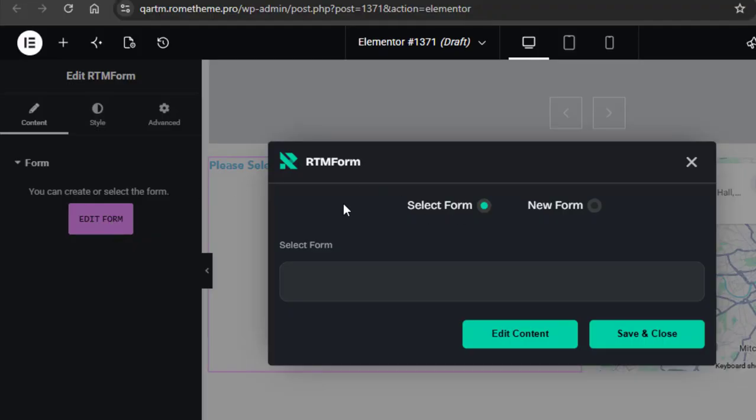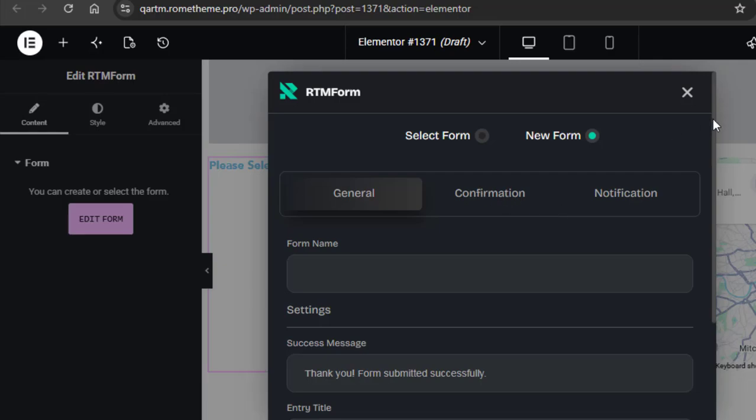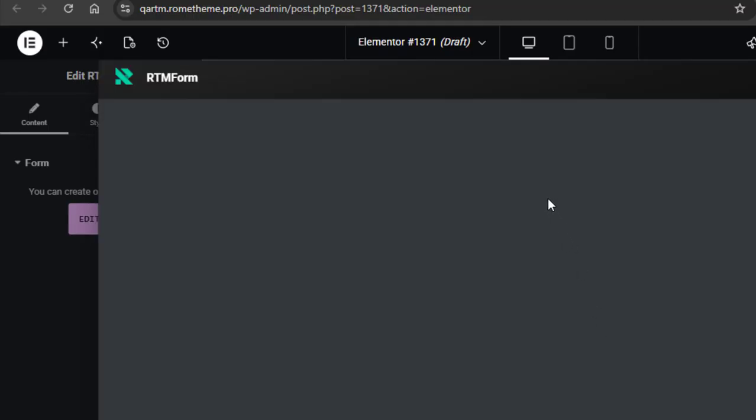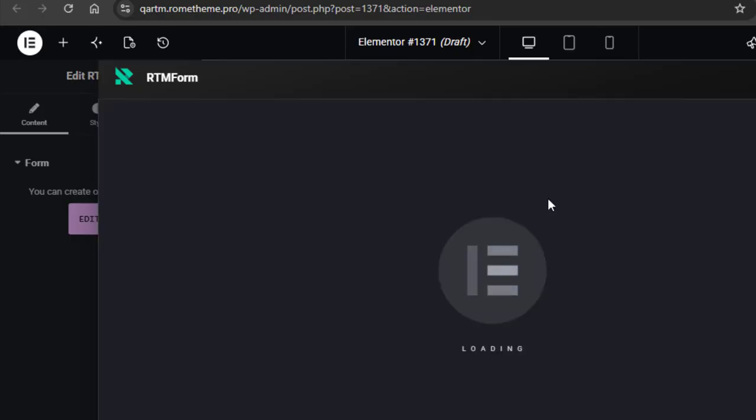So after you click edit form, you'll get this tab, and you need to choose new form, and here there is option for you to click save and edit, and you will get a new window for Elementor. You need to wait first, and then